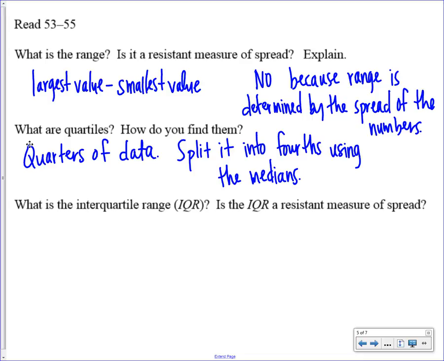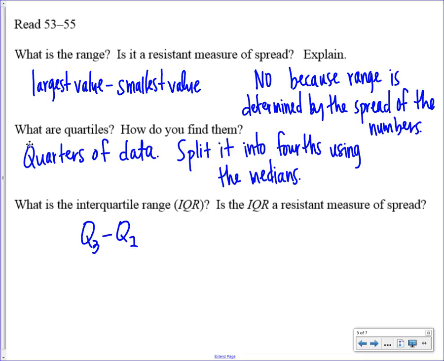It's quartile 3 subtract quartile 1. Yeah, it'll be the middle. Which is really the third quartile minus the first quartile, okay, is the middle part.